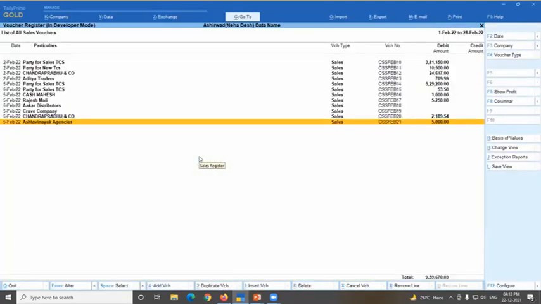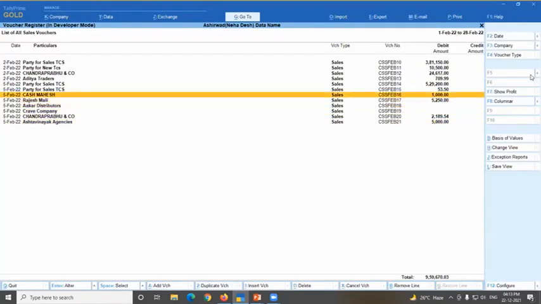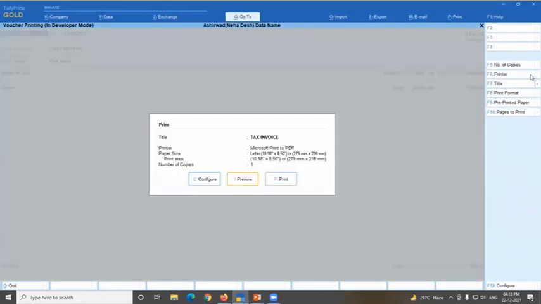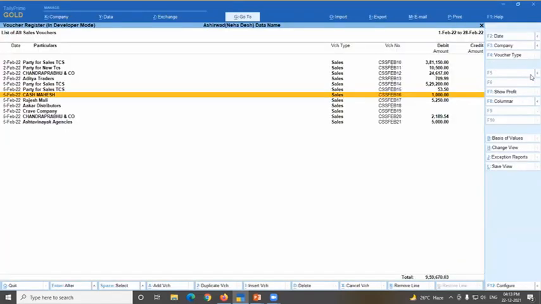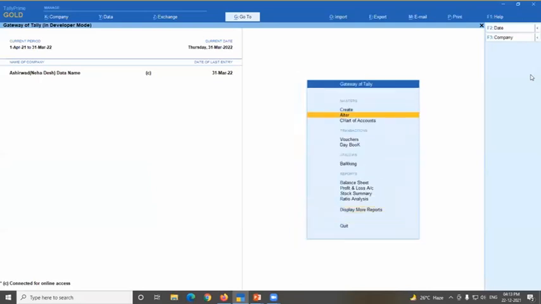But there is a but. This is the setting given by default in Tally. But if you are creating user level securities, there is an option that you can disallow the user to print an invoice before saving. It means if I press Control P and the invoice is not stored, that button will not be triggered. So that is also given by Tally. That option is always there. Okay, I hope the printing option is solved.